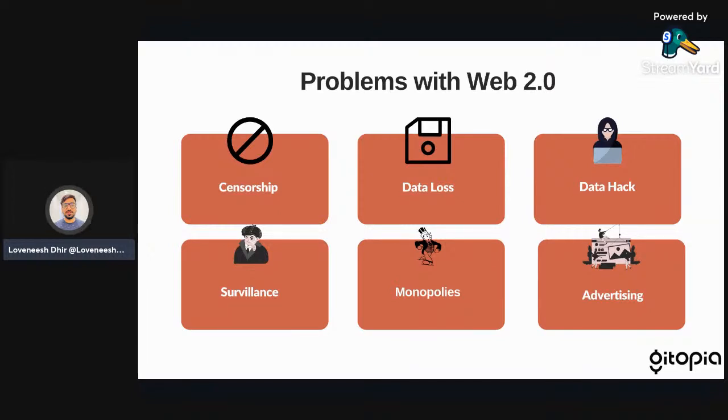So Web 2.0 is prone to hacks. It is easy to hack a website or a product which is on Web 2.0. Fourth is surveillance. So basically, someone is always spying. So we have installed many applications, we browse through many websites, and along in these applications